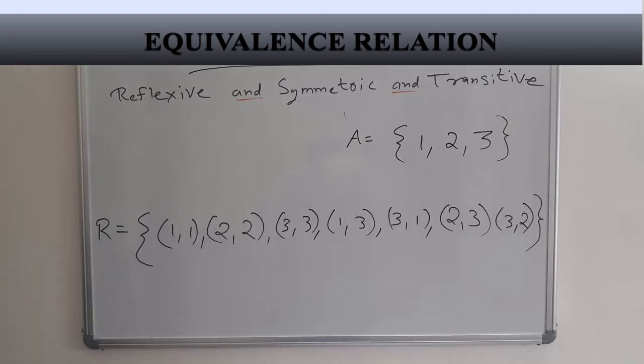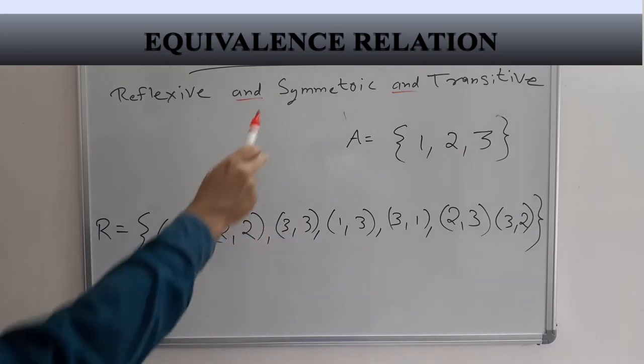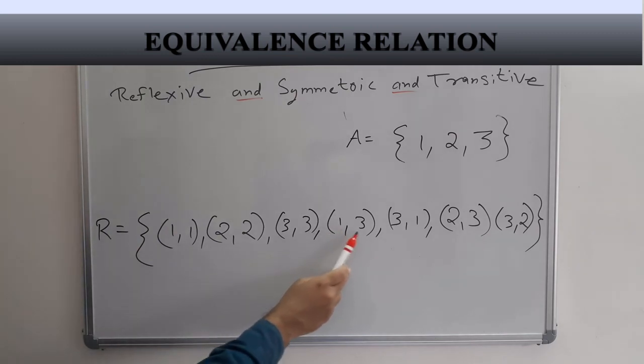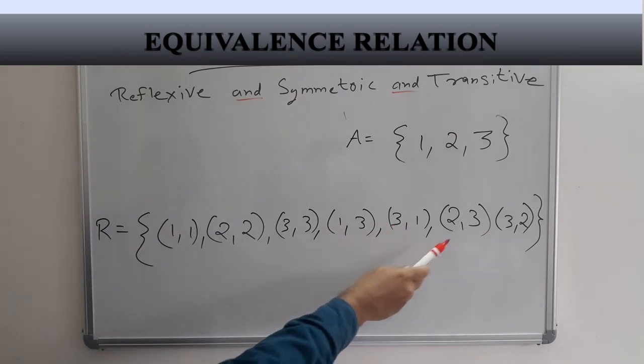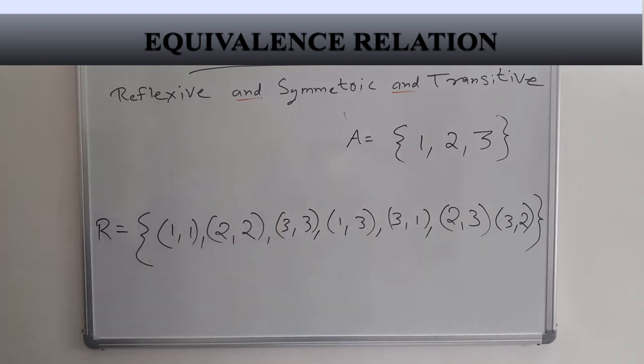And we'll look at one more example. This is the relation. And we know that this kind of pairs with the same elements won't create any problem while checking the transitivity. But we'll see whether it is reflexive, symmetric, and transitive. So upfront it is very obvious that it is reflexive because 1 1, 2 2, 3 3 are there. Then we'll look for the symmetric condition. Here for 1 3 we have a 3 1, and for 2 3 we have 3 2. So the symmetric condition is also satisfied.